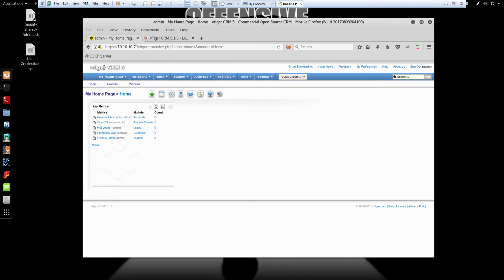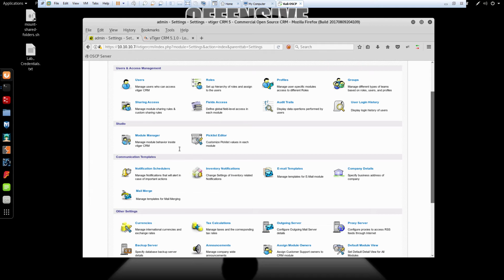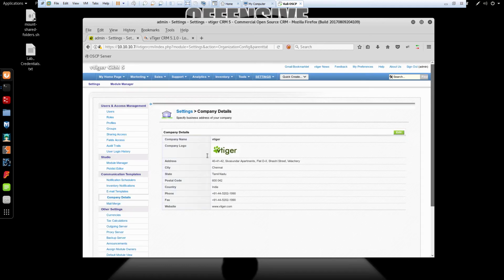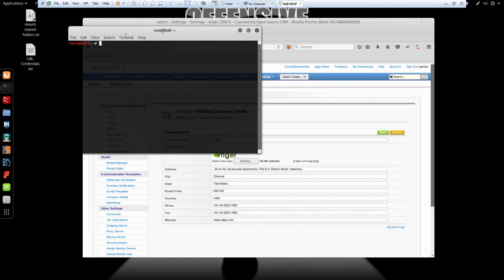Now, as you can see, we're actually in vtigercrm 5. After doing a lot of research with this, it's fairly easy to find that there is a file upload vulnerability, under company logo, company details. What you're going to want to do is, I'm not sure if I still have it, so if I go to